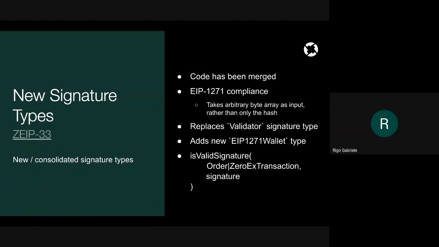Yeah, we used it in the Rigoblock protocol, and it was hard to actually validate the parameters of an order within the wallet. So we use the signature type wallet, and isValidSignature with the order hash and signature. So we basically ended up